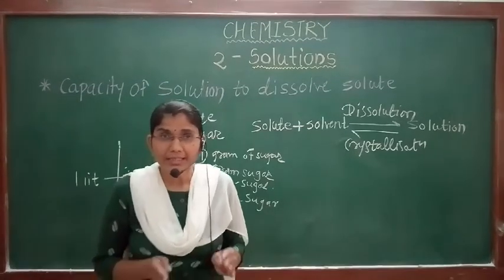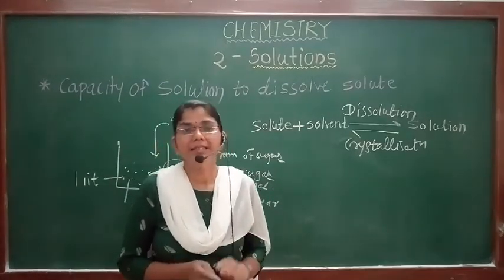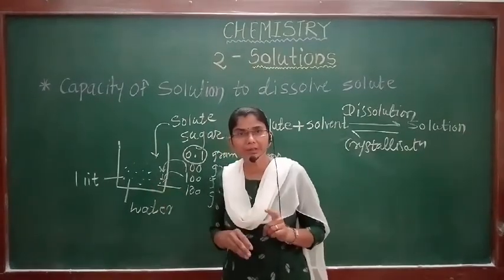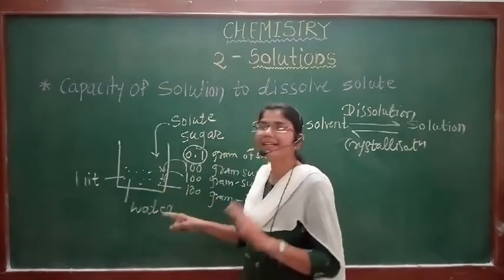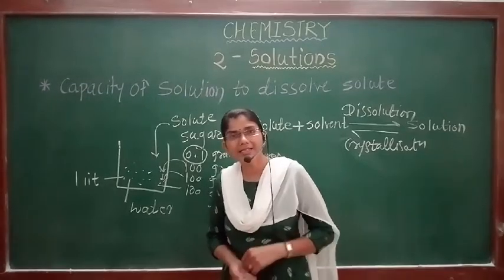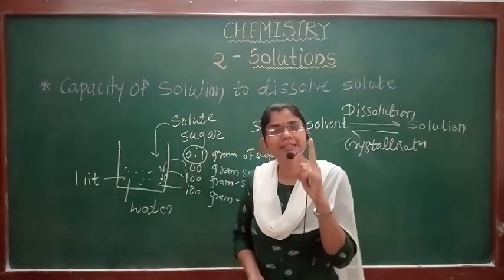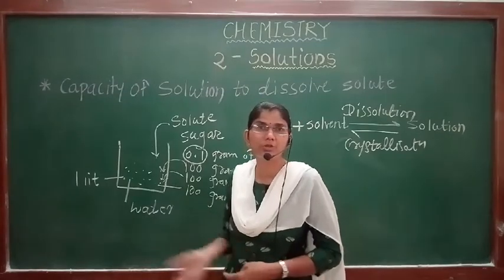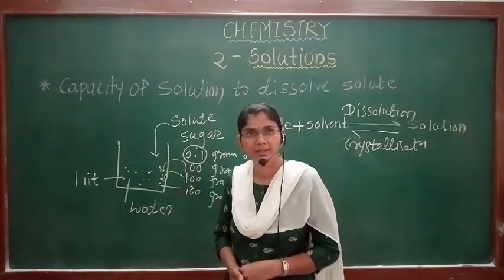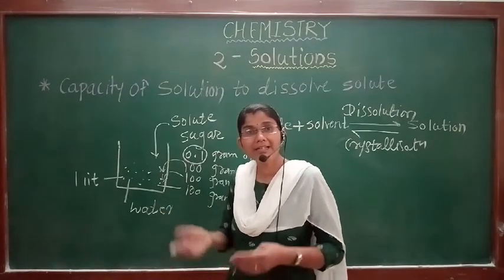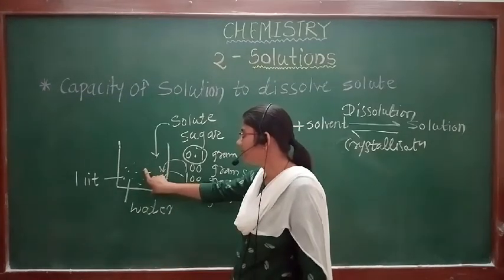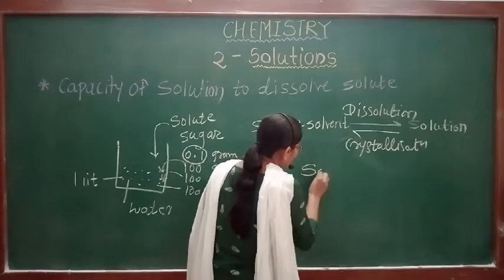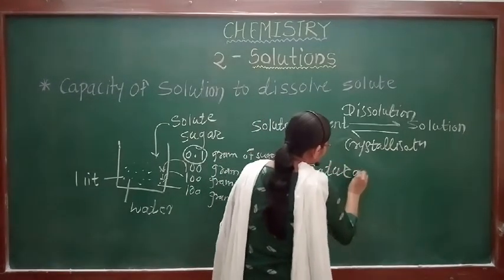That means here we have to suppose what the capacity of the solution is. Only 300 gram of sugar is dissolved in 1 liter of water. This is the capacity of this solution to dissolve the solute. And the solution formed here is called a saturated